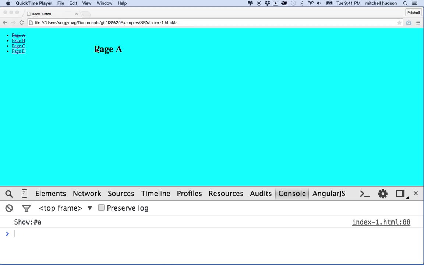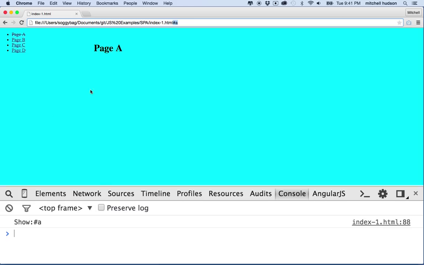Today I'd like to talk about single page applications and the onhashchange event. We'll use the hash, which is the hash mark followed by some characters in the URL string, to work with navigation. You can see I have a web page here that's got a blue background,